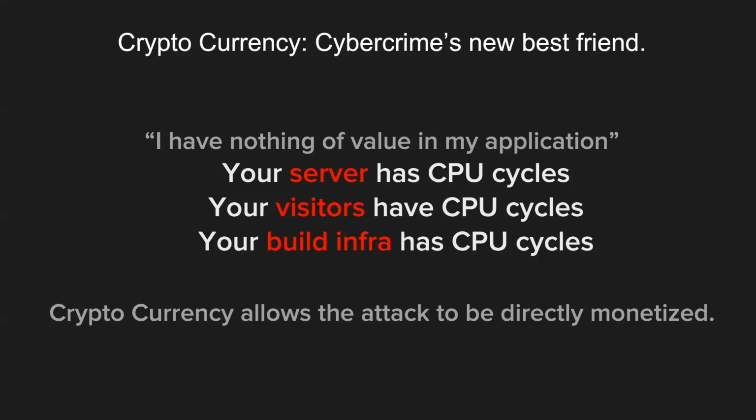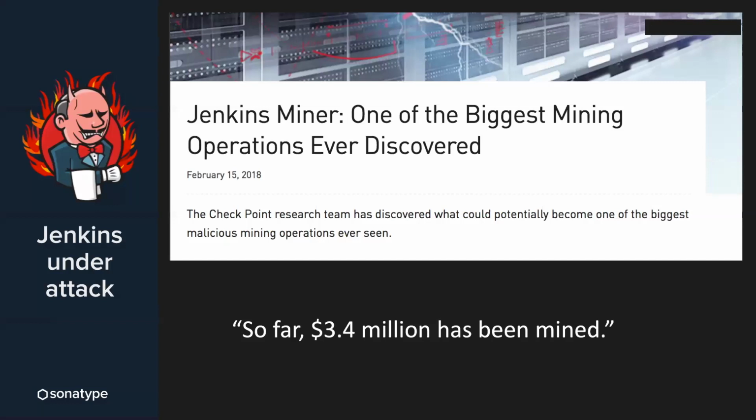So it's an interesting new development, to the point where there have been targeted attacks on Jenkins. People who've left older unpatched versions of Jenkins open to the internet, attackers have managed to use open source vulnerabilities to go after that build infrastructure and actually use it to mine. For one specific attack, they tracked down $3.4 million of Bitcoin being mined through this type of attack in Jenkins. So it's a good point to go and update your Jenkins and maybe not make it public, but also be aware of these types of attacks going on.